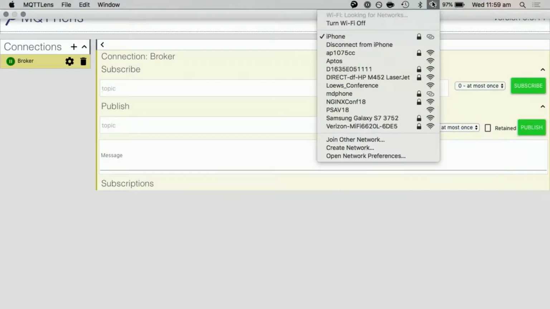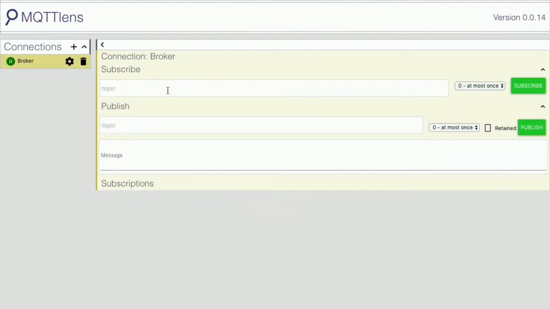So let's do a bit of a demo with the broker. Okay, cool. Let me just make sure, yep, the right network. All right, so I'm using MQTT Lens to connect to a broker. I've got a server running with NGINX on it, which is basically doing a proxy pass. We'll take a look in a sec at what that looks like. Straight through to a server running Mosquitto, which is an open source MQTT broker.